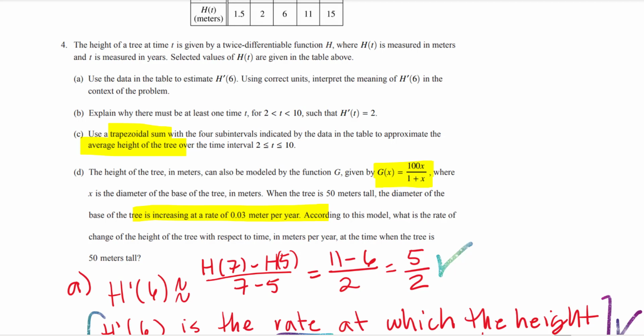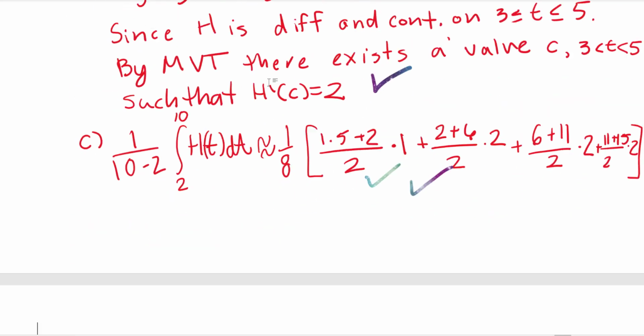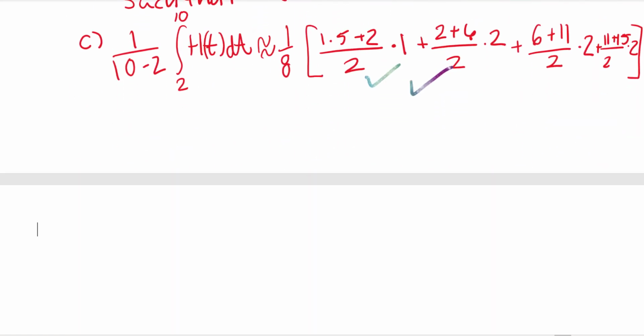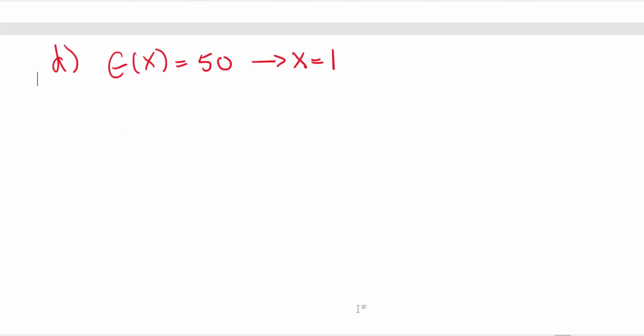So essentially they want us to find, now keep in mind that g of x equals 50 when x equals 1, right? They told us that in the problem stem. So we would like to find d/dt of g of x,